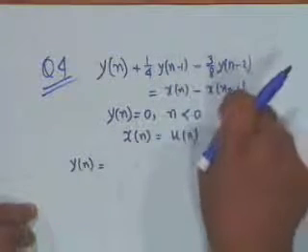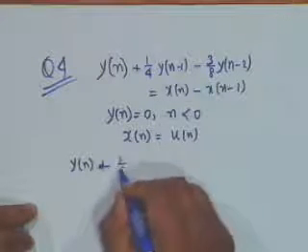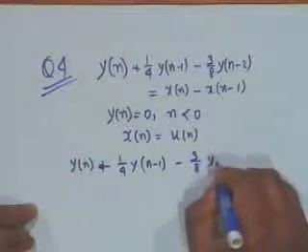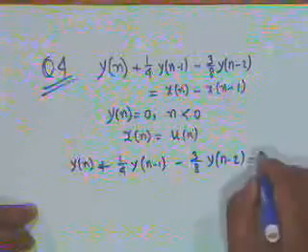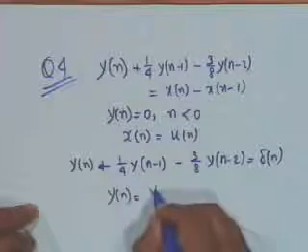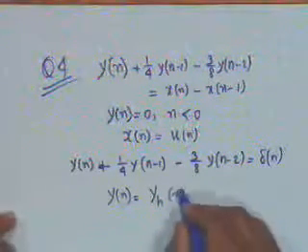Alright, the simplest thing to do is to recognize that the right hand side is indeed a delta function. x of n minus x of n minus 1 is delta n, because this is u of n minus u of n minus 1. So our equation therefore is y of n plus 1/4 y of n minus 1 minus 3/8 y of n minus 2 equal to delta n. That's it. And obviously y of n, by the usual procedure, is the solution to the homogeneous equation y_h of n